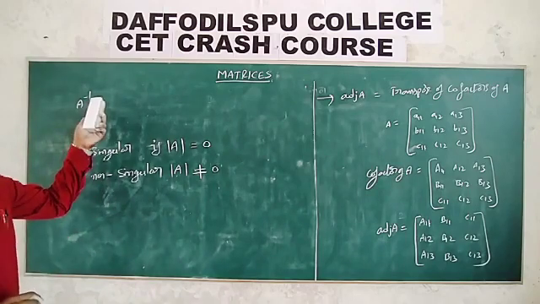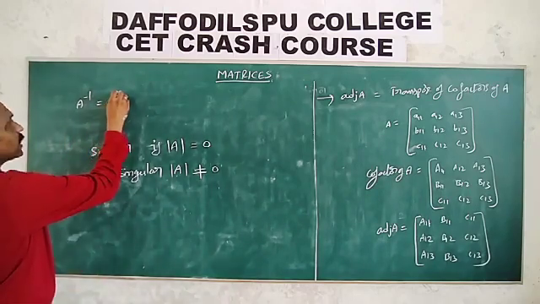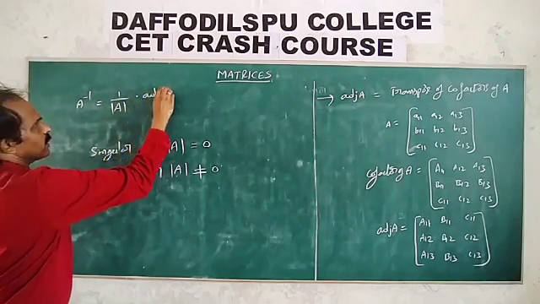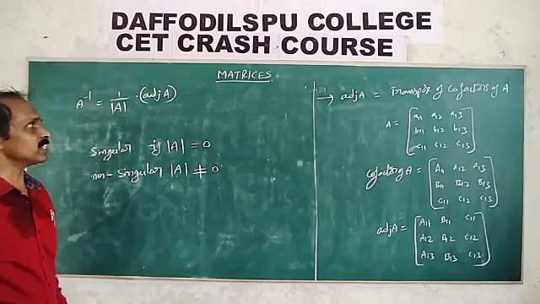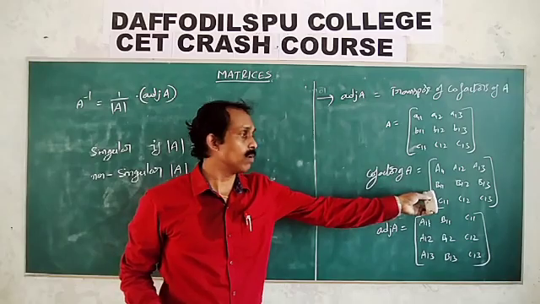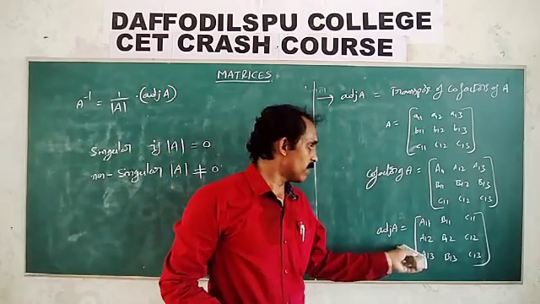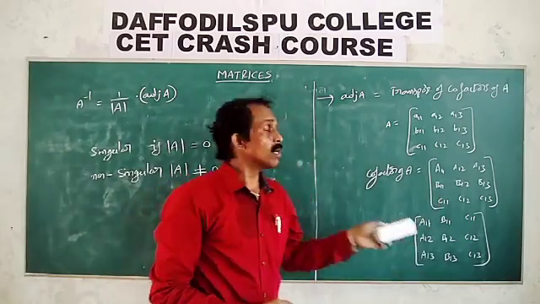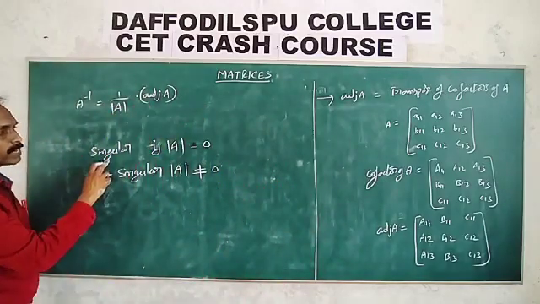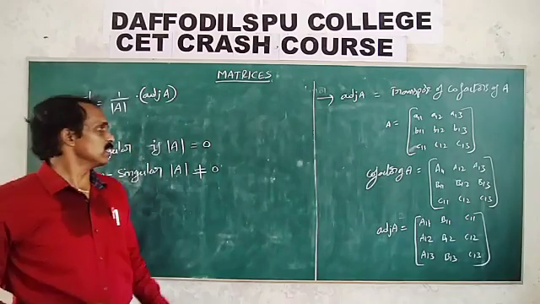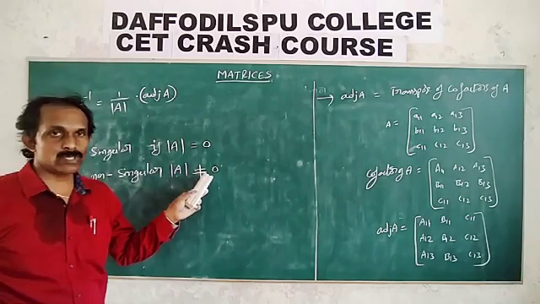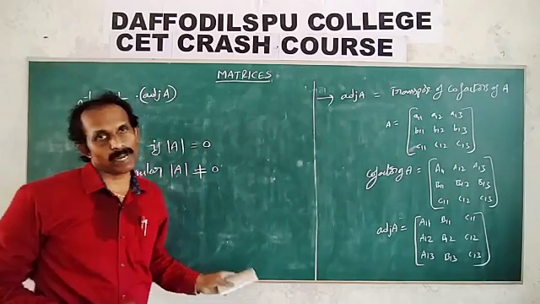Clear? Okay, now, A is a non-singular matrix, then the formula for A inverse is 1 by det A into adjoint A. So what is adjoint A? First you find cofactors, everybody knows. Find cofactors, afterwards find adjoint A. Take transpose and A inverse is equal to 1 by det A into adjoint A. Right? If determinant of A is equal to 0, it is called a singular matrix, and determinant of A not equal to 0 means it is called a non-singular matrix. Right?